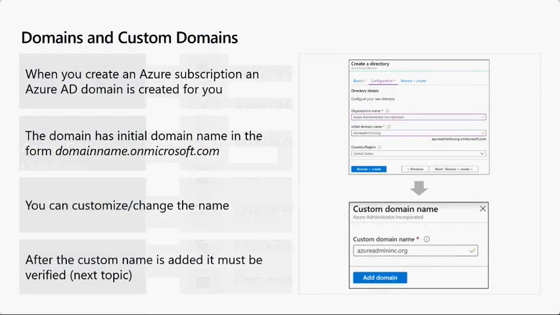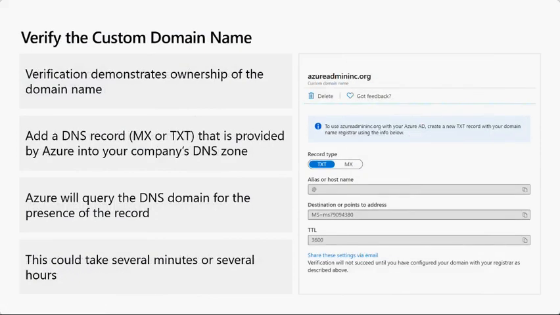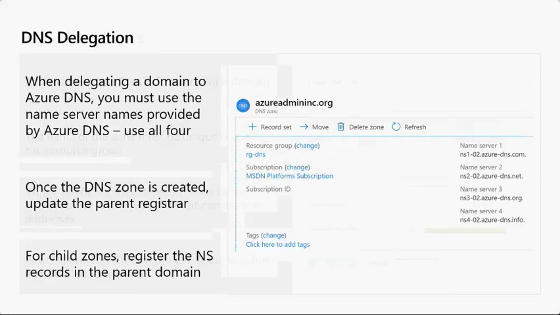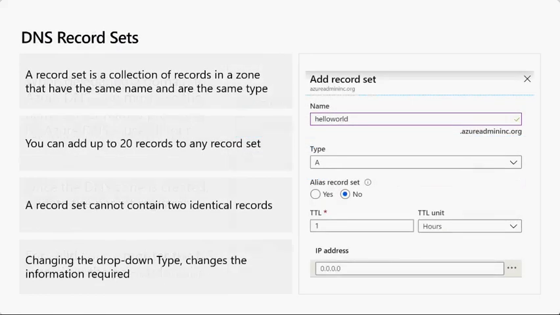So when I say custom domains, again I told you, custom domains are especially used for my Azure AD and applications. And DNS zones, we use for public purposes. If you have a public DNS, then definitely you can use this DNS. And then you have records. A record set is a collection of records in a zone that have the same name and are the same type. Nothing but you will maintain your own app name here and the IP address of that app, and then anybody trying to access that app with the URL will get the IP.